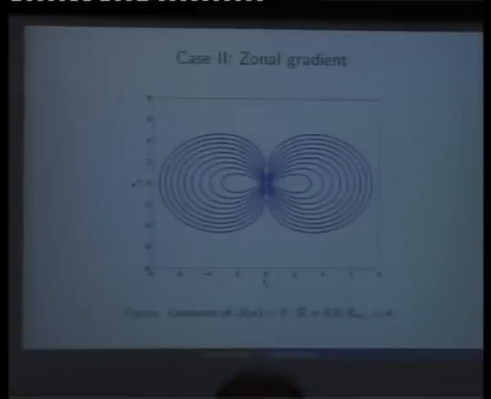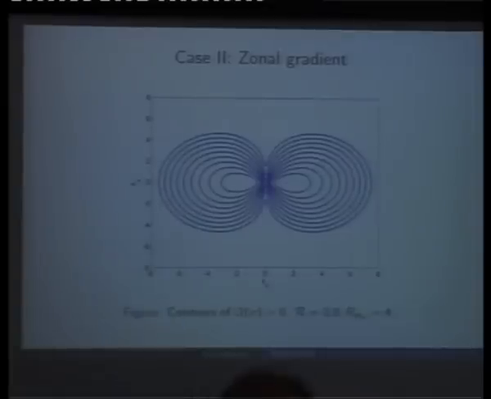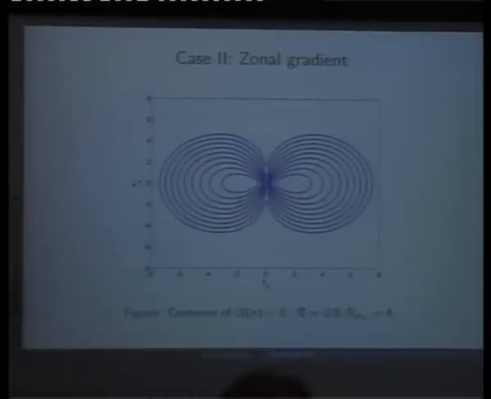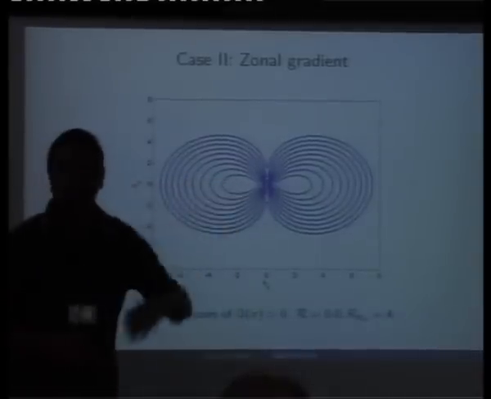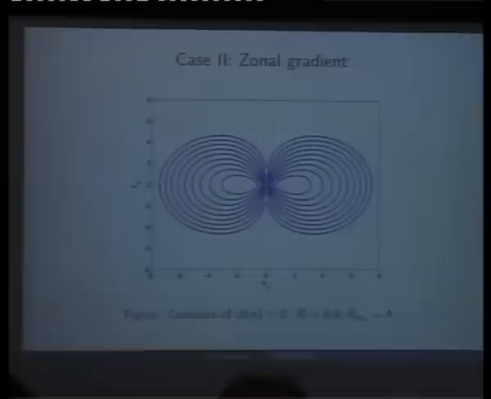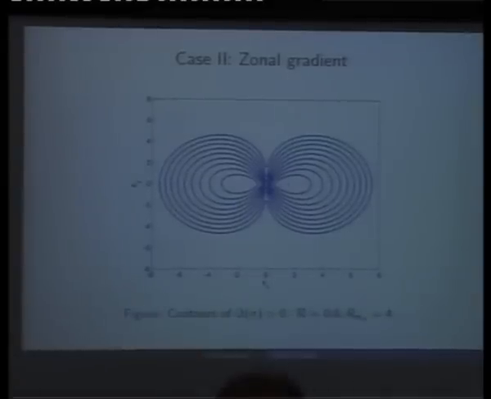So the second part is, let's say you flip the situation and you put a zonal gradient. Now, obviously, as soon as you put a zonal gradient, the picture changes by approximately 90 degrees, and the modes are localized about ky is equal to 0. Because you have given a zonal scale to the problem, you see that the unstable modes have a zonal scale.